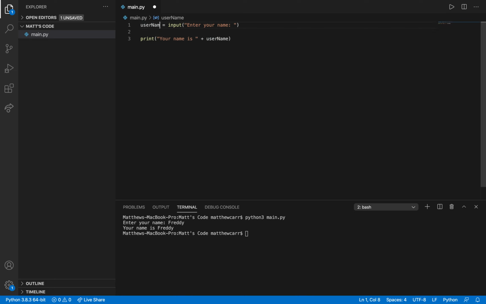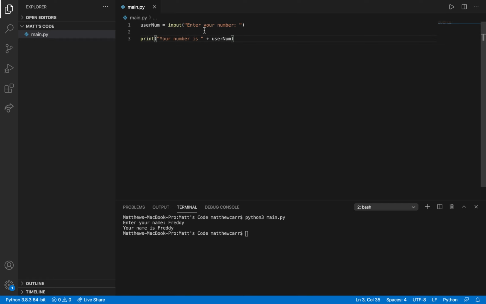Now, let's say we have user num, and we want the person to enter a number, and we'll say "your number is" plus, and we'll change this to the user num variable. Now you can probably already foresee a problem happening here.